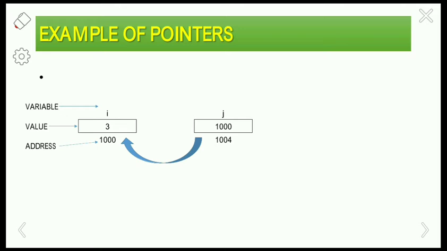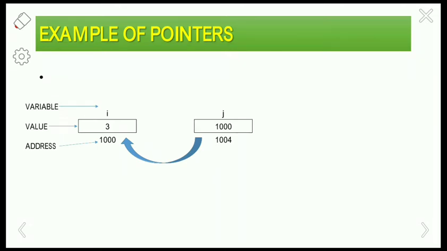So this is a small example regarding the pointers. I am taking a variable, value and address. The variable names are i and j, the values are 3 and 100, and the addresses are 1000 and 1004.